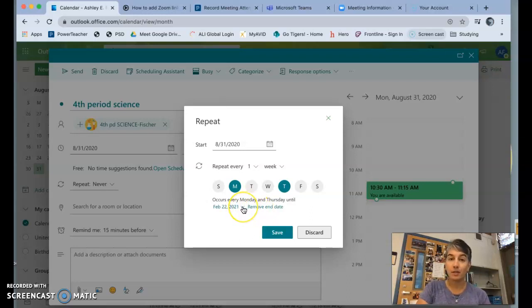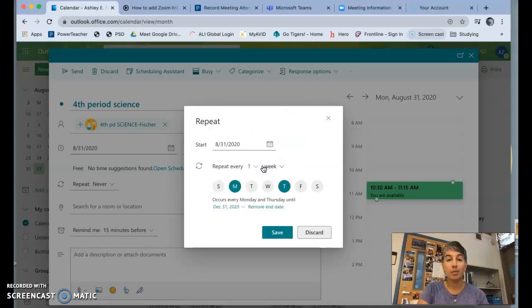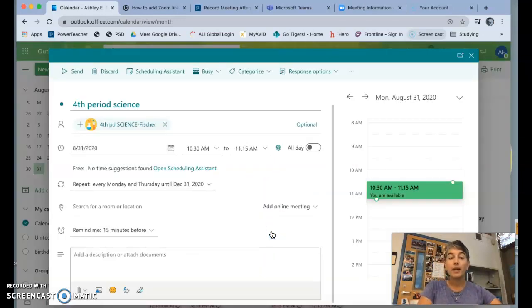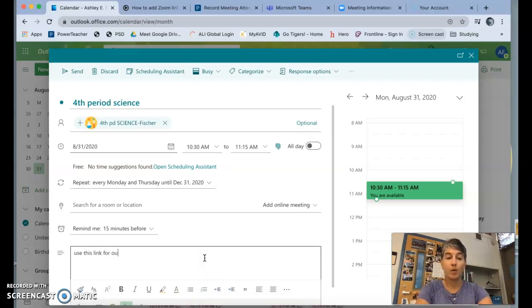And then down here, remove end date. It's saying it's going to do this until February 22nd. I'm going to do what I did in Zoom. I'm going to have that end in December, and then I can do this again later if I need to. And then I'm going to click Save. Now here is where the Zoom link connection comes in. Down in this description box is where I'm going to put a note and say, use this link for our